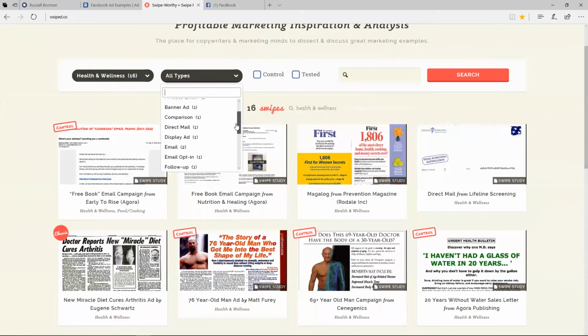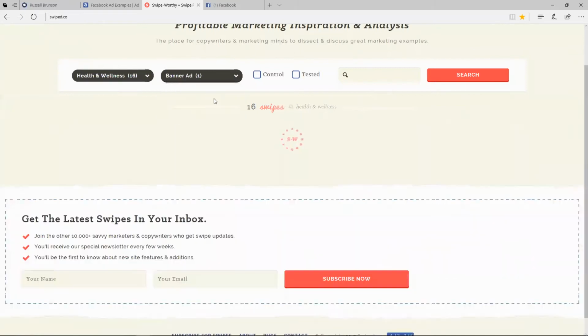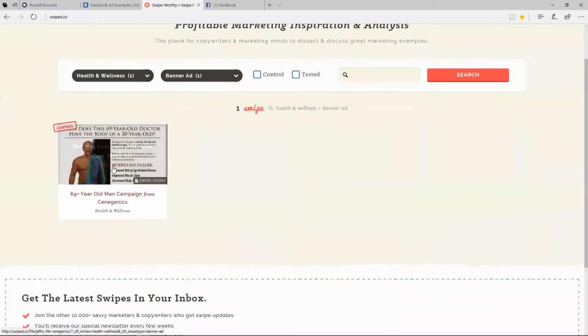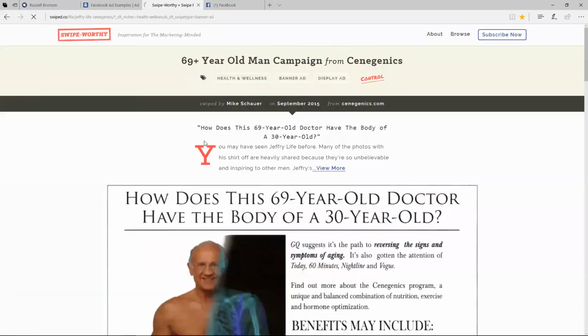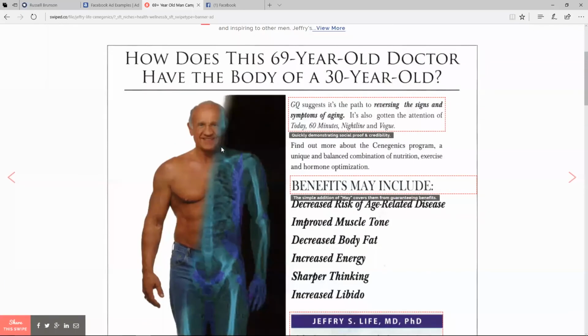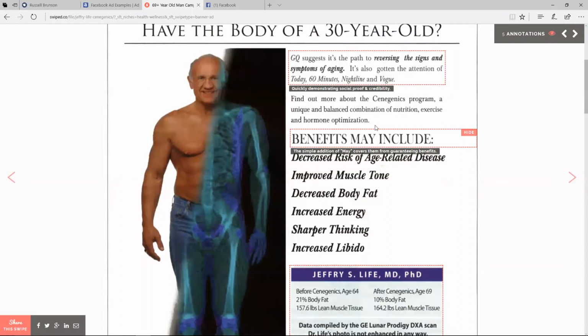Affiliate emails. We got banner ads. Let's click on banner ads right here. So this is a banner ad. This is really good to see what some of these ads are like. We can click on the swipe file here. And the cool thing about this website is not only does it give you the ad copy and everything, but you can see right here